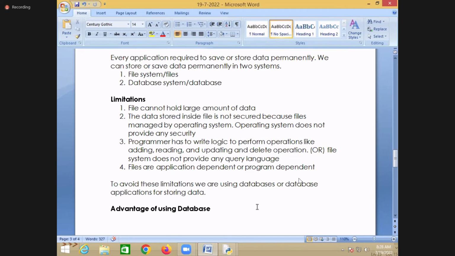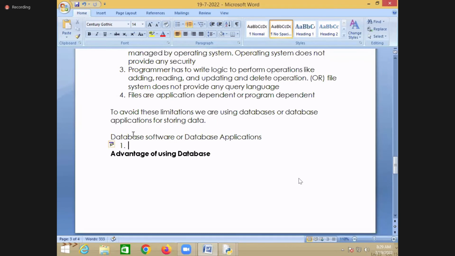You have different database softwares or database applications.